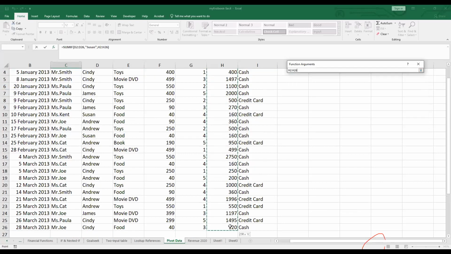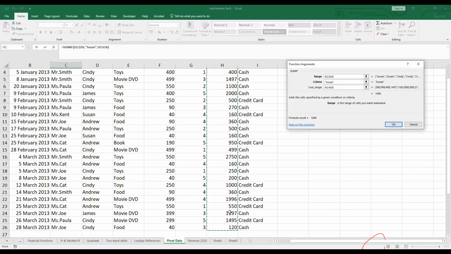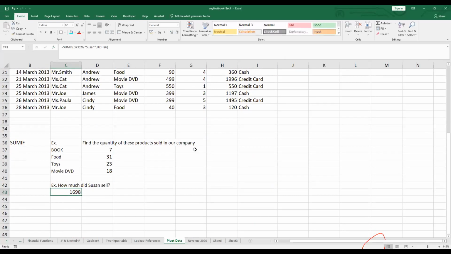So sum if will pick only the cell that matches with Susan and you can see that in this example the formula result is showing 1,698 นะครับ So this is how we find the amount of money that Susan sold for us ครับ This is what we do ครับ